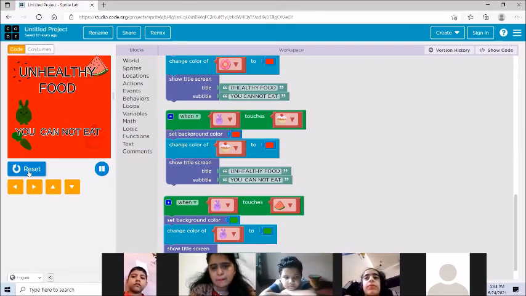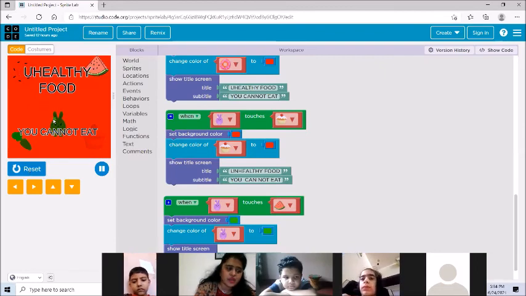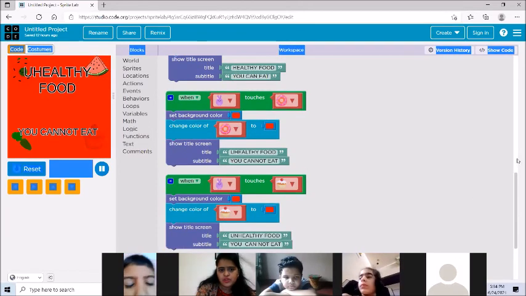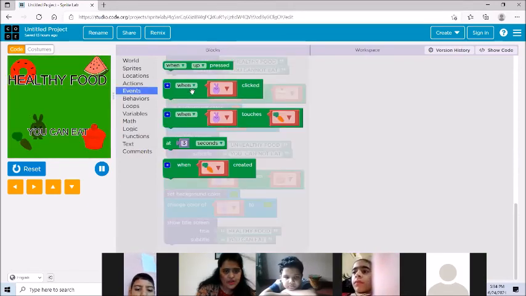Clear to everyone? Yes. Now I want one more thing. I want that bunny should stop working as and when I click on bunny. Okay, as in when I click on bunny, it should stop doing anything. Like it should stop actually. So we'll put one more code here. So we'll go on event. When bunny click, we'll take this code.